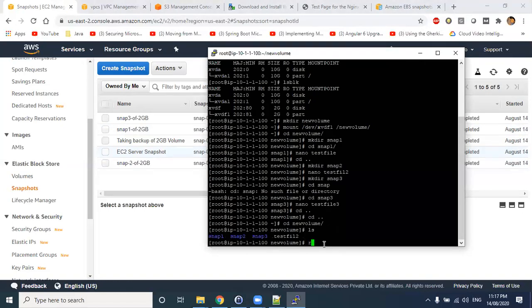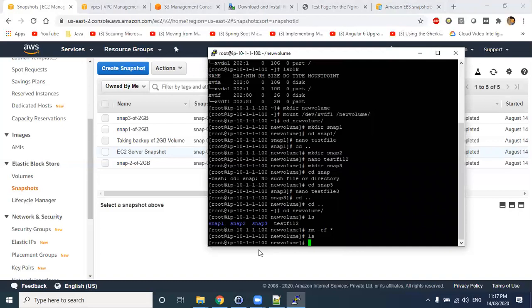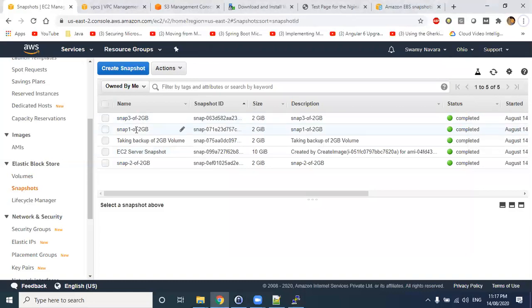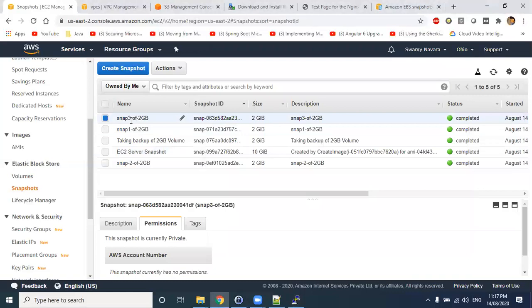So let's remove with rm. So now I removed all the files here. Now let me restore this one. If I want to restore, which snap will I go for? Directly for snapshot 3.